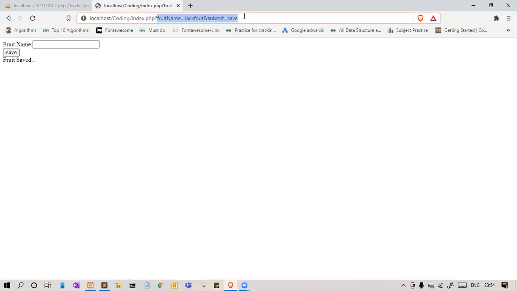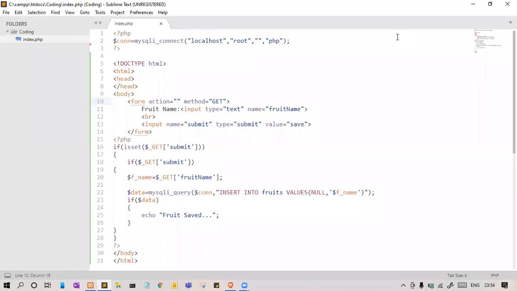Let us jump right into the code editor. This is a very simple code which I have created. Here is a connection, a small input text and a simple button. My form is closed, and from here our code starts. We collect a variable into the fruit name, and we fire a query to insert into the database. The table name is fruits.